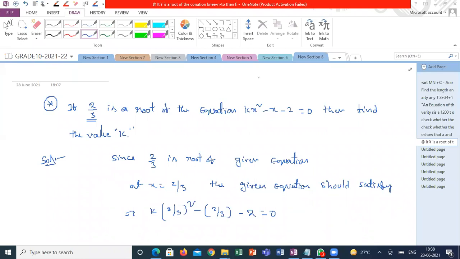Wait for other answers also. I'm expecting answers from everyone. This is a very simple numerical. For the whole topic except the last exercise, everything is simple. All the questions will look like this only. K is equal to 6 is the right answer. Who gave the answer? Vaishnavi, sir. I am expecting answers from Amruta, Durlav, Amrita, Jahnavi, everyone.